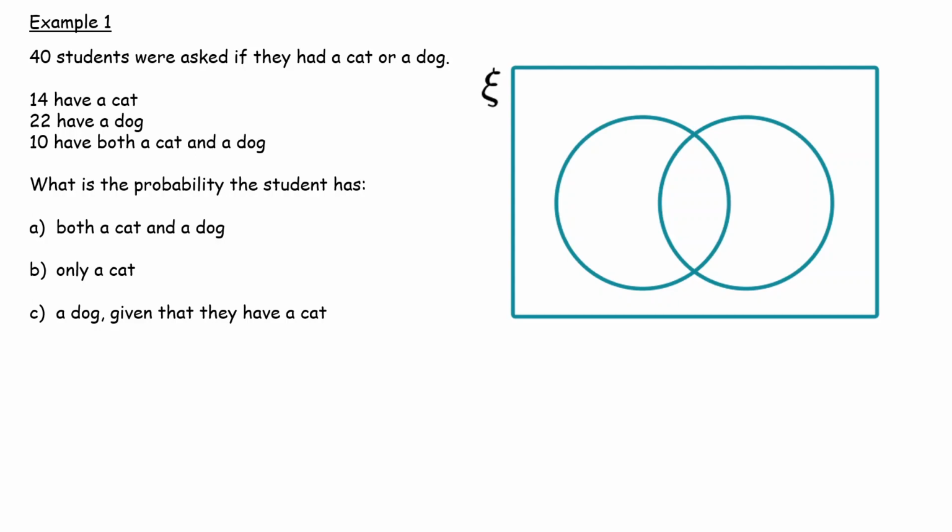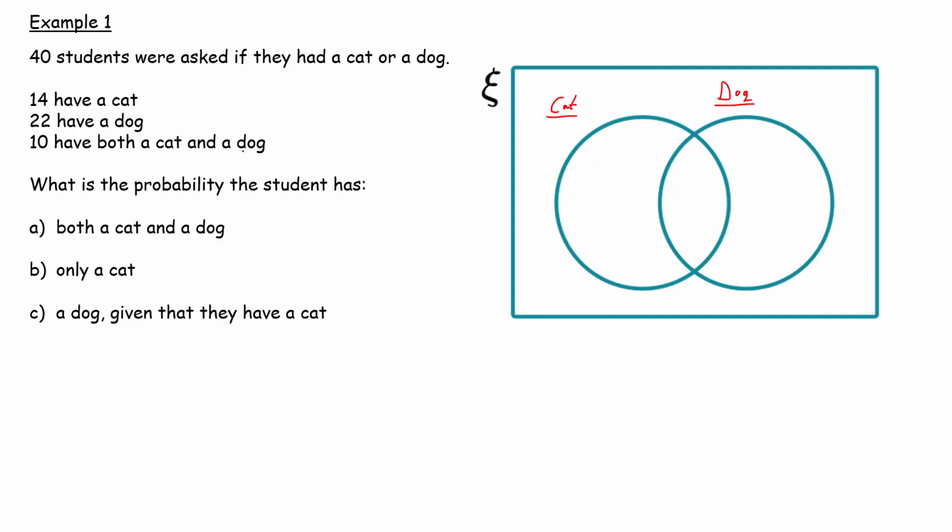So example one, we've got 40 students who were asked if they have a cat or a dog. So straight away, let's label up our Venn diagram. So cat is our left circle, and we've got dog over here on our right circle. Okay, and we've got 14 have a cat, 22 have a dog, and 10 have both a cat and a